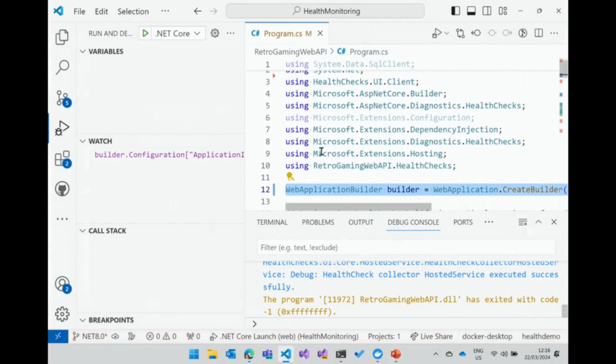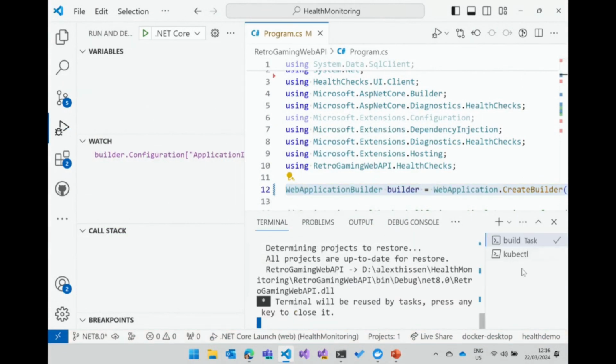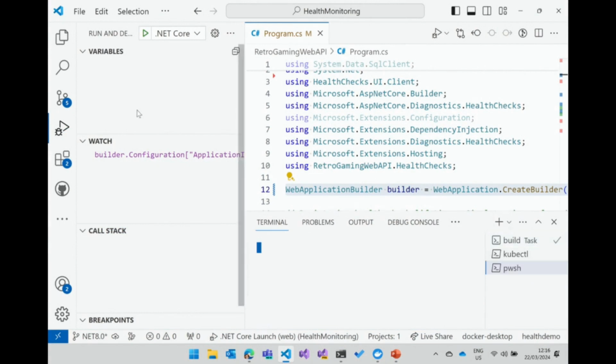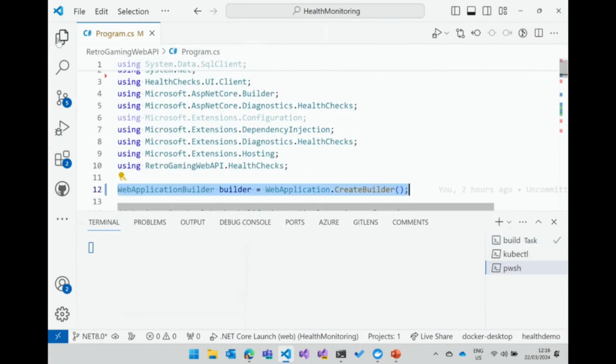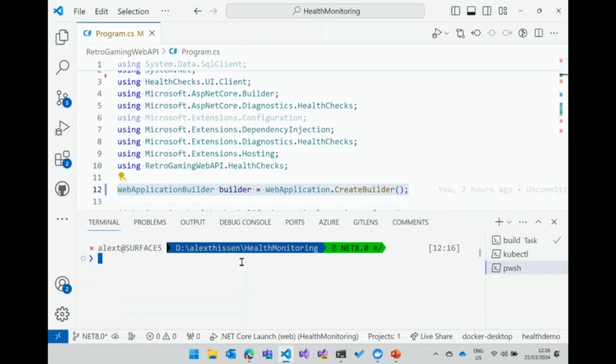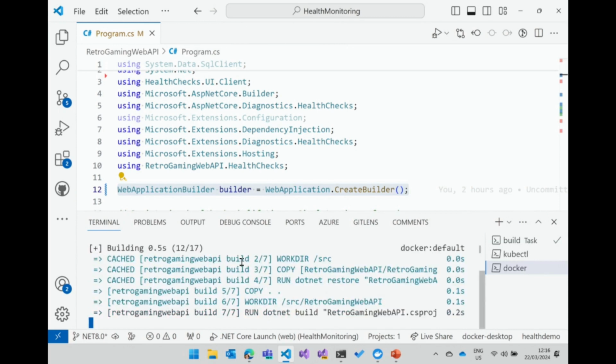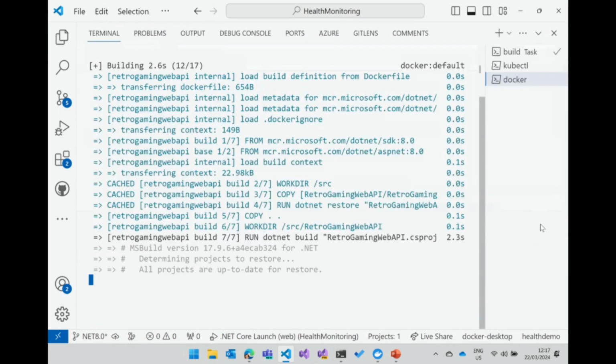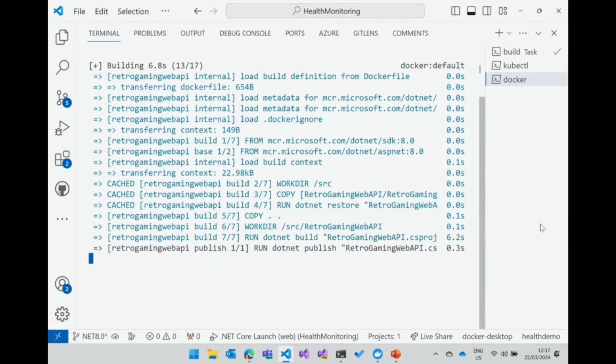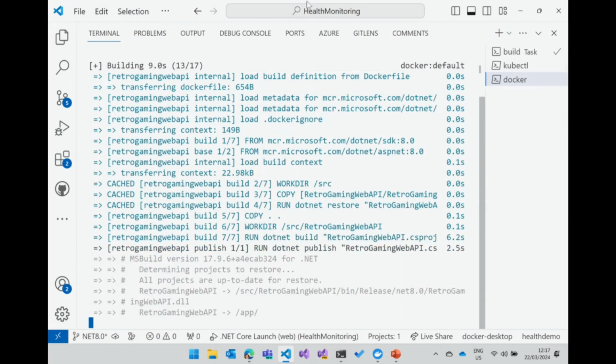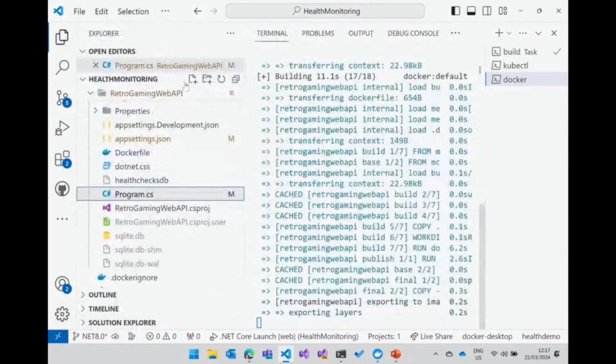So I'll stop this. What I'll do now is I'll open up a terminal session. I'll get rid of this first. All right, and I will do Docker Compose up with the build. So this will start building a container for the web API, but it does more, because it's a Docker Compose. So we have a Docker Compose file. And in the Compose file,